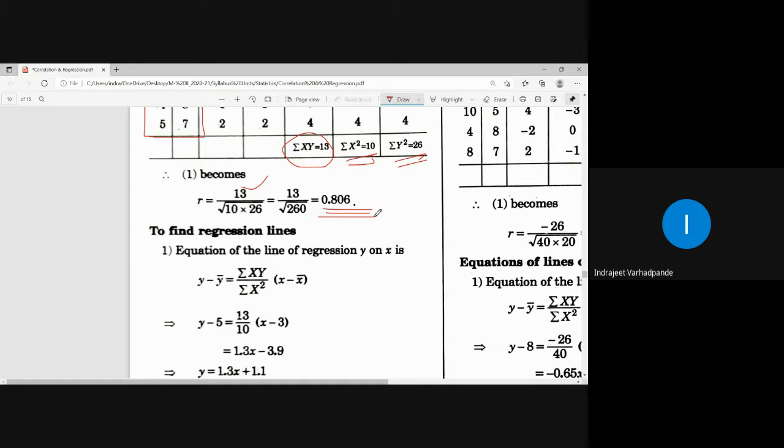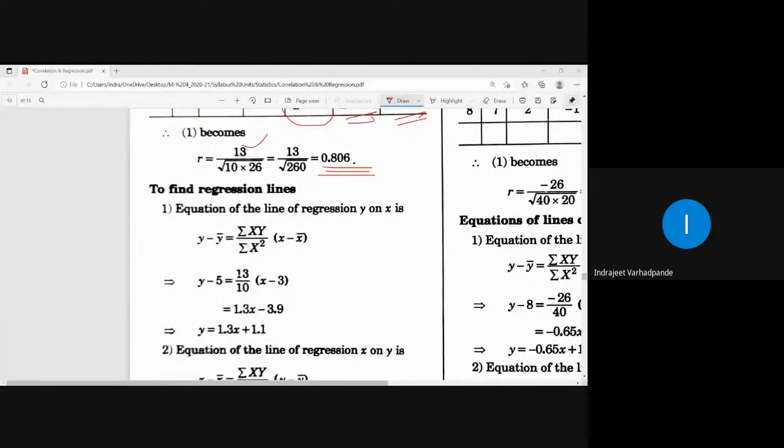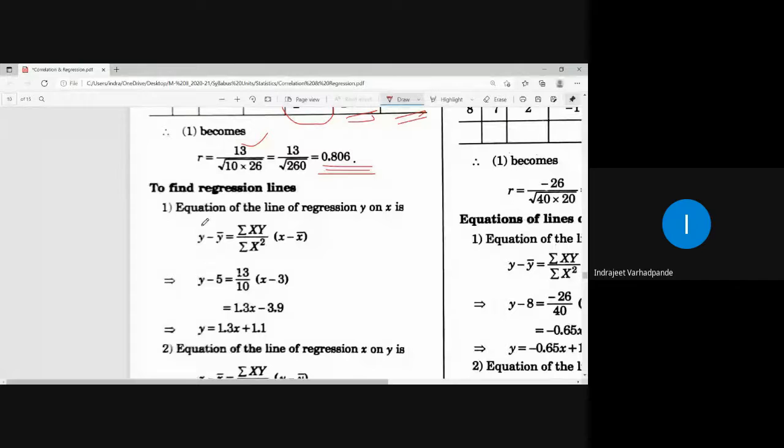Positive sign indicates that there is a positive correlation between the variables x as well as y. Is this point clear to everybody? Next, in association with the problem or with the extension of the correlation coefficient, I will be now finding down